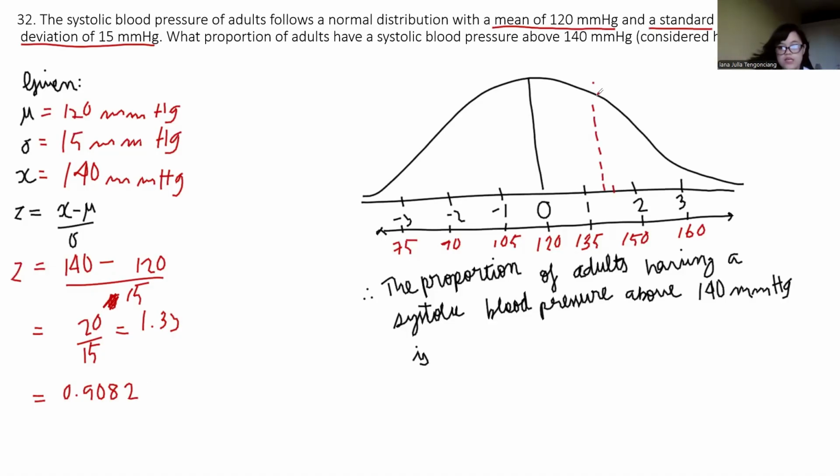I'm right. In the question, it says, what proportion of adults have a systolic pressure above 140 millimeters of mercury? So if it's above, it wouldn't be on the left side. It would be here. It's like 140 above, that's going this way. So it's on the right side. So you have to shade this part. But in our z-score here, we have 0.9082, which means it's on the larger left side. So that means we have to minus 1. 1 minus 0.9082 is equal to